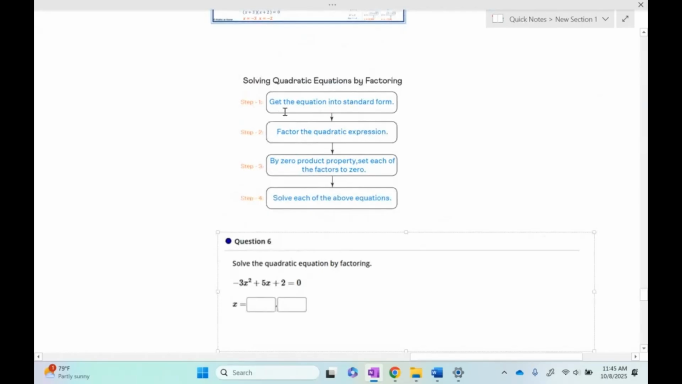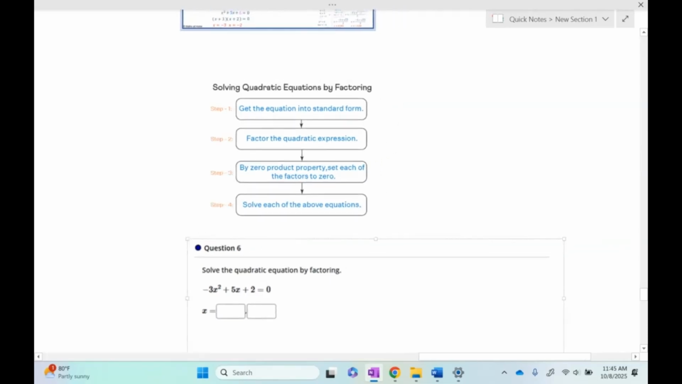The first step is to realize that you have a quadratic equation. Once you realize that you have a quadratic equation, you must get the quadratic equation in standard form. Standard form means that you must make the equation equal to 0,